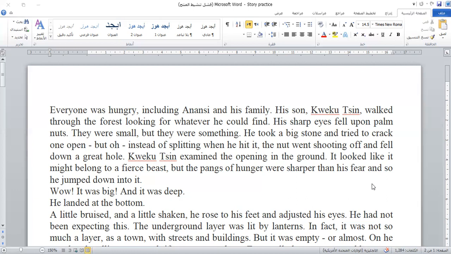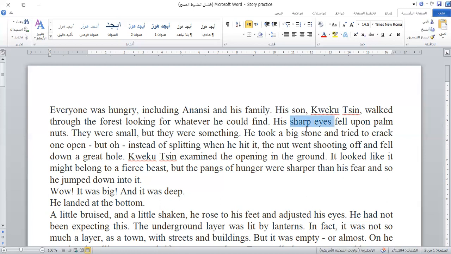Now, so far, like I said, I want you to look at the adjectives, to look at if there are any metaphors, any similes, because that's the kind of imagery that's going to give you clues and hints of what's going to happen next. So the first thing, you find a description. He has sharp eyes.